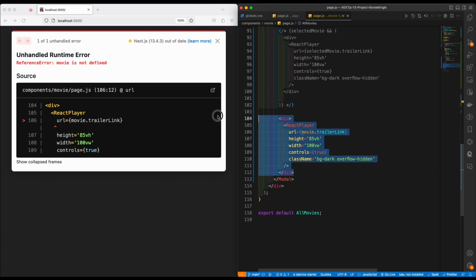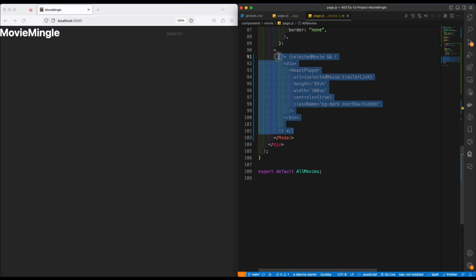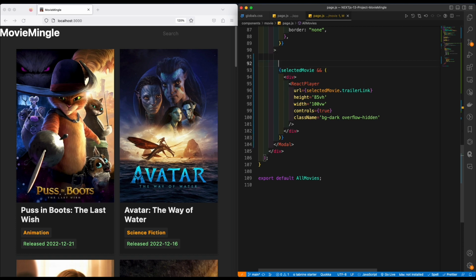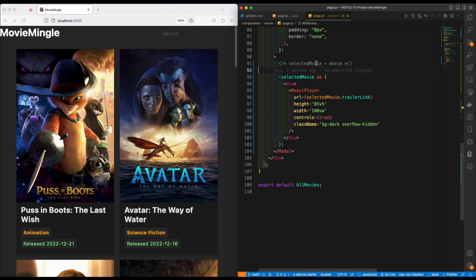So now if we remove this, go back to our original, store it, open and comment that, now we have access to that movie. Let me go ahead and comment this out. So movie is the same as the selected movie. Now when we destructure, this is like checking if both are true. If you're checking if this is available, then do this, both of them must be true, otherwise it's not gonna show anything. So now let's go ahead and save,